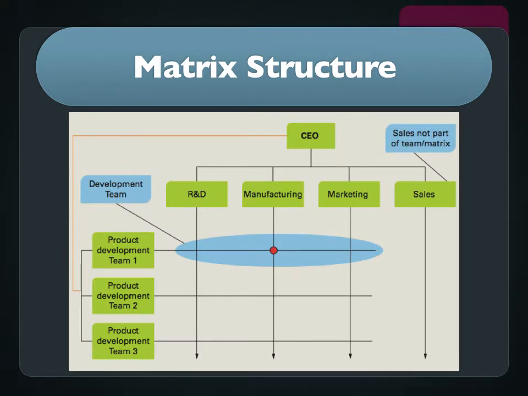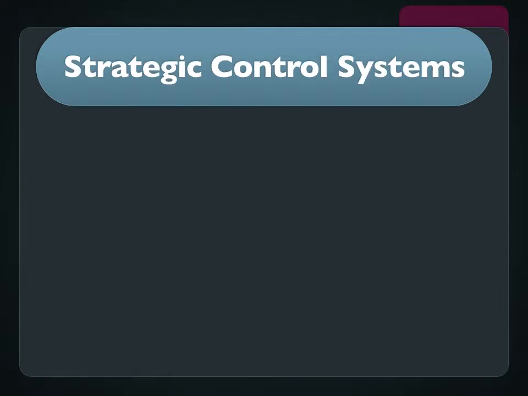Visually, we see it this way. You have different product development teams that each have their own management and direction, but each of those product teams also responds to research and development, manufacturing, marketing, and sales. So you have a development team nested across the different units, with individual actors from each of those teams. And you may have a situation in which one functional area is not part of the matrix, perhaps because they're not needed in that matrix.